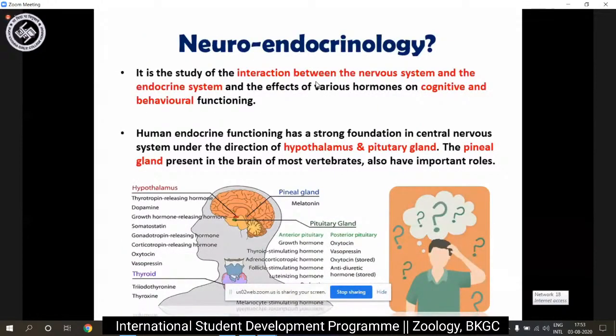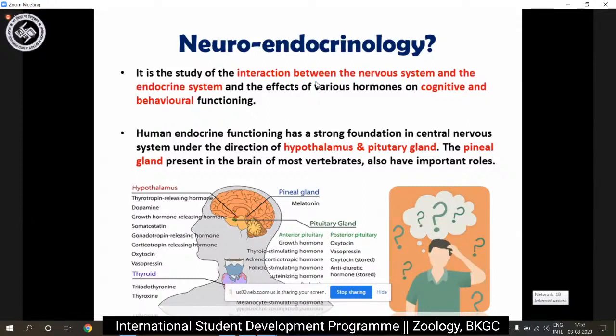Neuroendocrinology. Now, I'll be coming into this again later. It is basically the study of interaction between the nervous system and the endocrine system. These nervous system and endocrine system are actually two parts of the same thing. We cannot altogether differentiate endocrinology from the neural system because they are very closely integrated with each other, and that